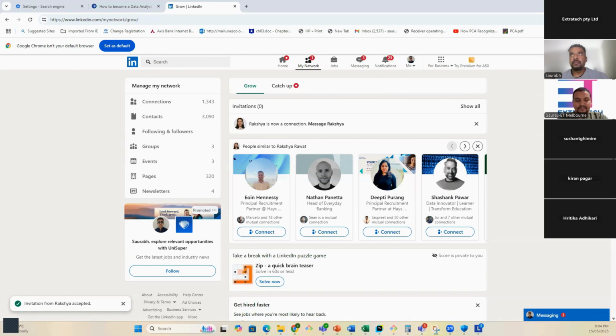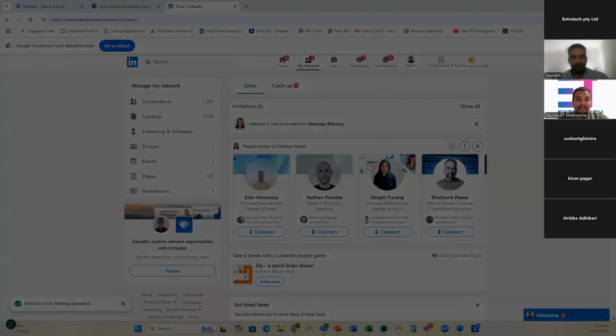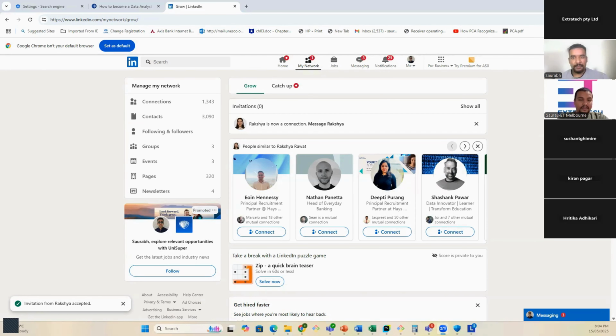And second is the networking. Those students who got a job through Extratech are already working in senior positions, so there is a high chance that you'll get a reference from them. Some of them are in hiring positions, so even if you apply for a job, if you just tell them you have done training from Extratech, or we'll work it out in the career counseling session, no need to worry. There is a reference option available for all the students from Extratech.